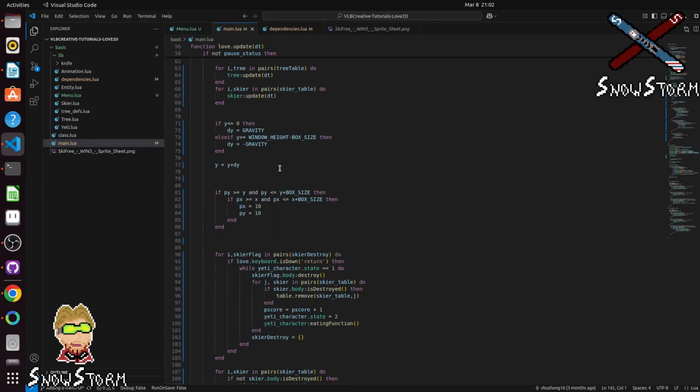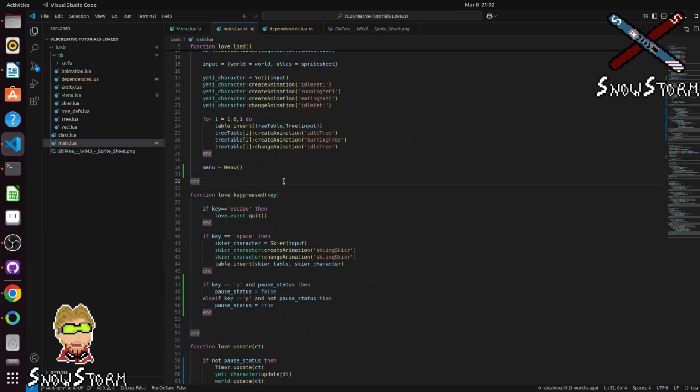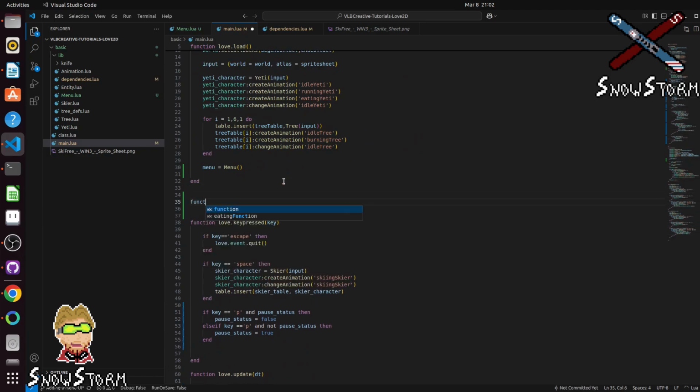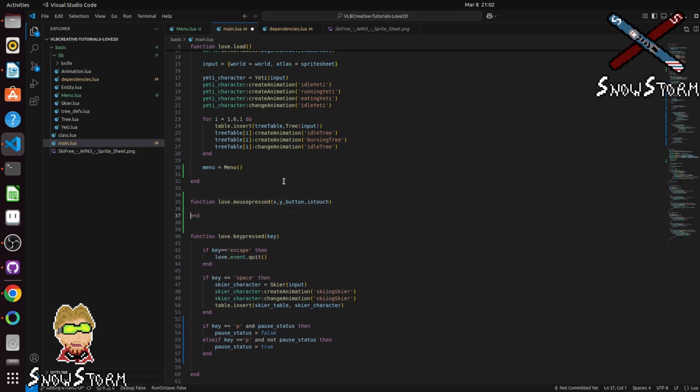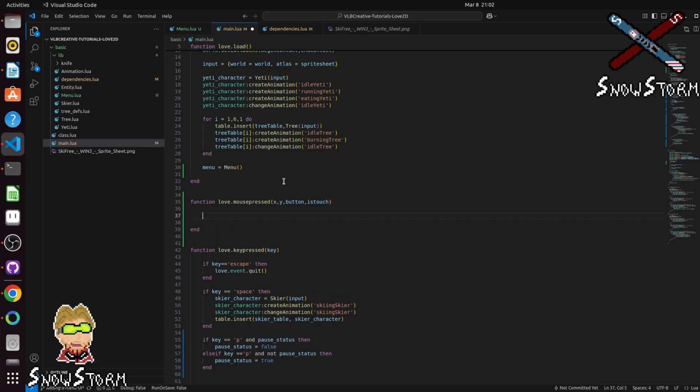To do that, in our main, we're going to create a new function. We're going to call it love.mousepressed. And it's going to take an x, a y value, a button, and then isTouch. This is a function that's built into Love. You can go to the documentation on Love and it'll explain everything. But essentially, when you press the left button key, you're setting the button to 1. So if button is equal to 1,